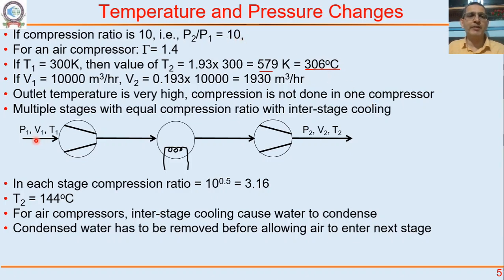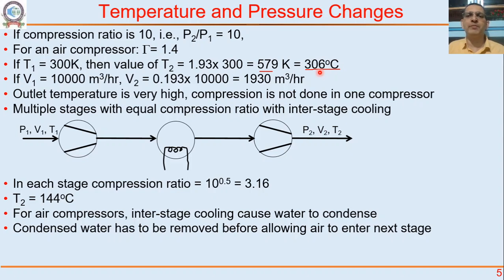We compress from, let's say, 1 atmosphere to something more, and then we cool. So this temperature will be hotter than T1. So if T1 is 300 Kelvin, this will be higher, maybe 400 Kelvin, 450 Kelvin, and so on and so forth. But then we cool back down to atmospheric temperature, and then we again compress,